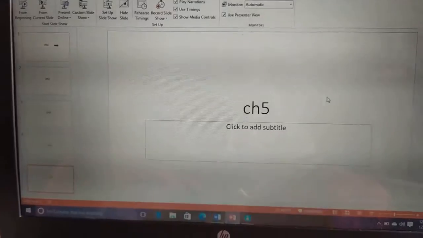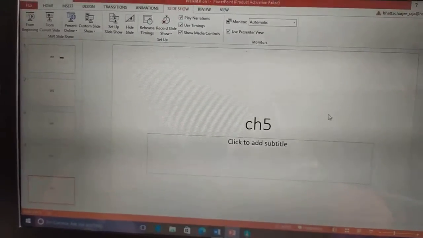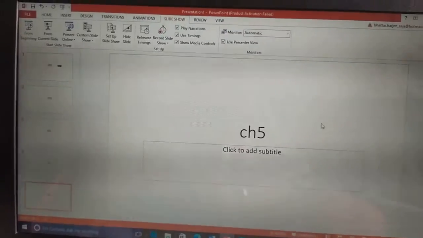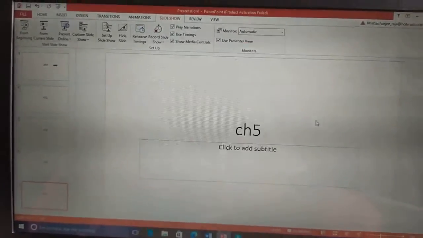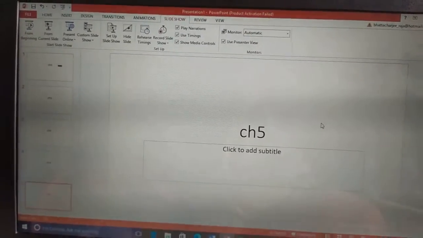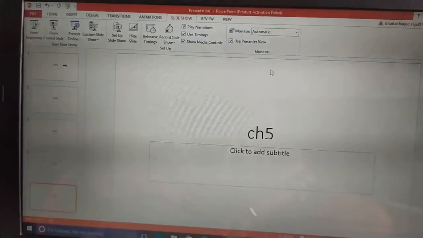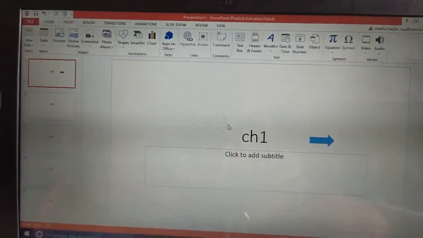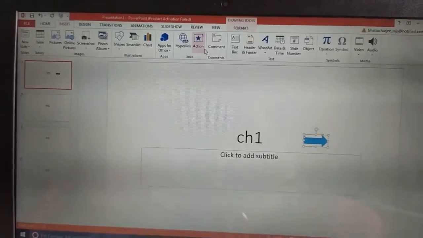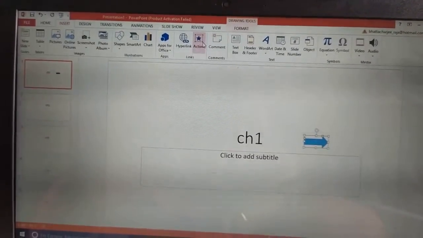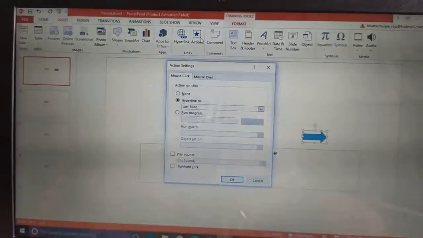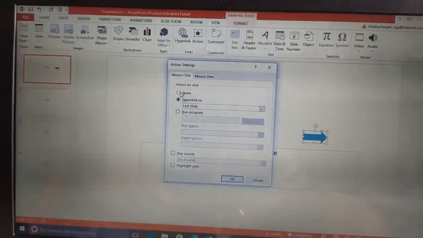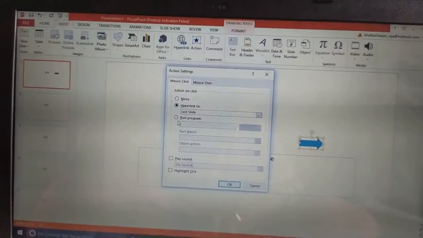Now, as we have inserted the action button for moving from one slide to another, jumping from one slide to another, this thing we can do. We can give the URL link over here. Run program we can give over here.